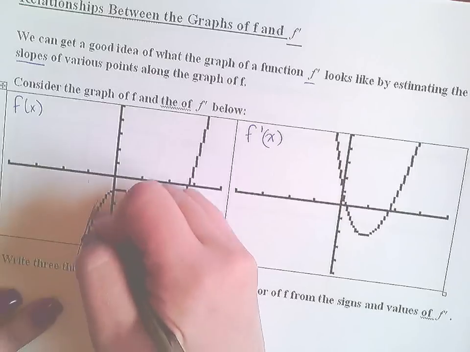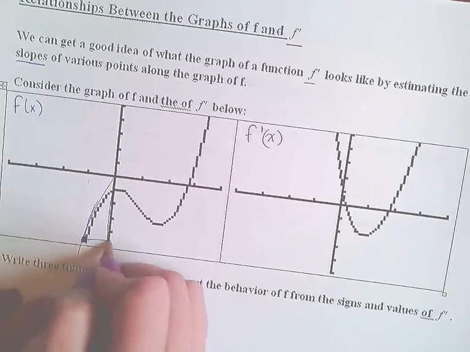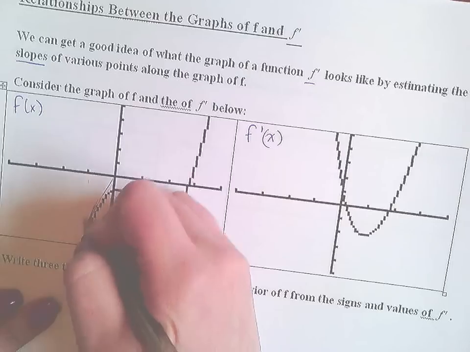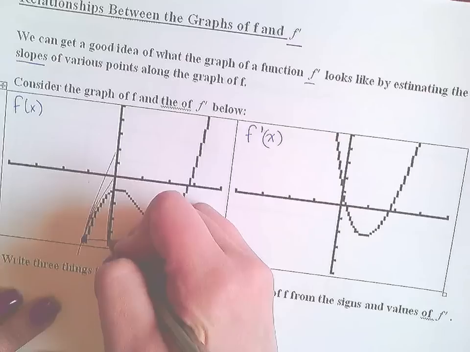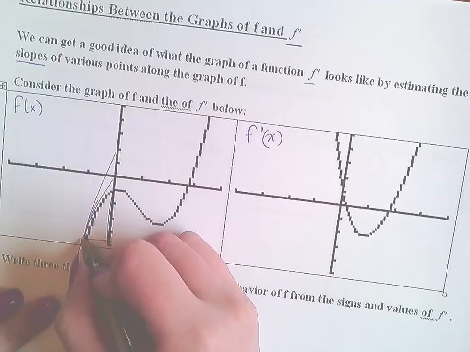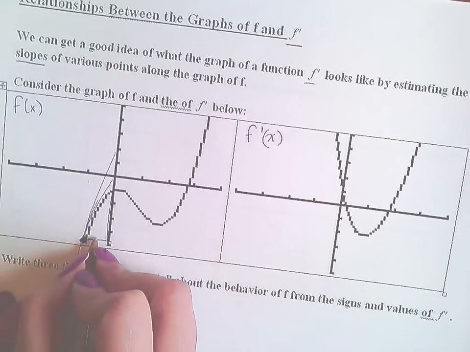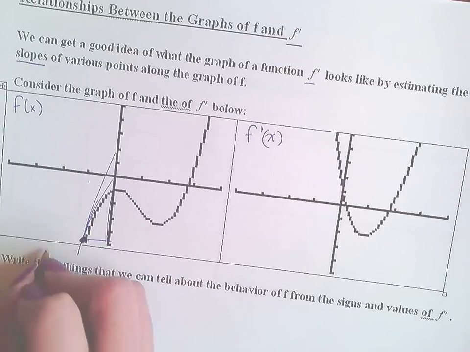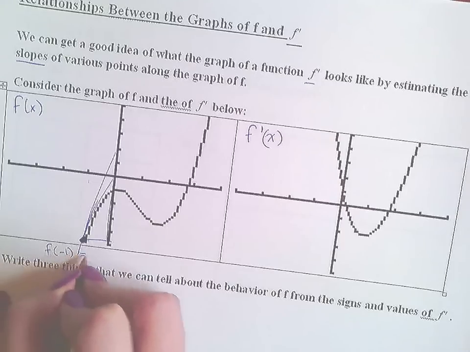So if I draw my tangent line, my slope at this point right here is going to be about, and actually I don't know why I curved in like this, because really it should go up straight. Rise over run. So what's the slope at this point? So the slope at f of -1